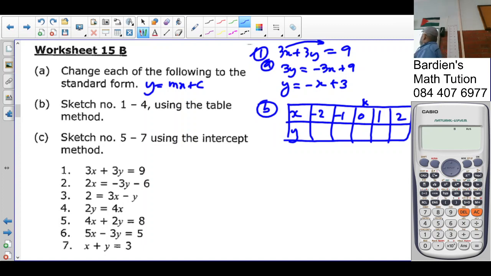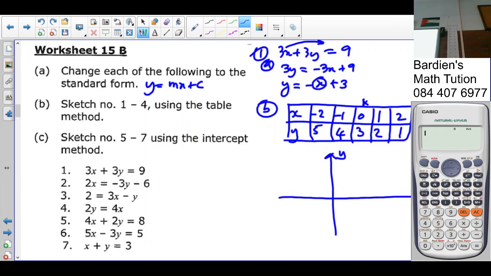So if I put negative 2, if I see an x, it's going to be negative times negative 2, which is positive 2 plus 3 is 5. Negative 1 times negative is going to be positive 1 plus 3 is 4. Put 0 in, negative 0 plus 3 is 3. Put 1 in, negative 1 plus 3 is 2. Negative 2 plus 3 is 1. So what we do is,